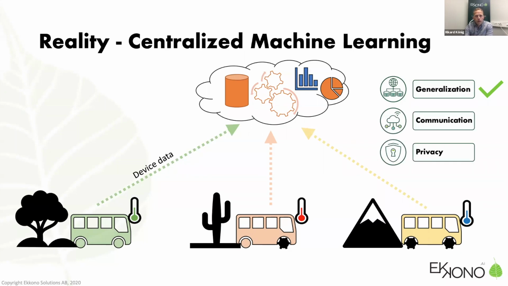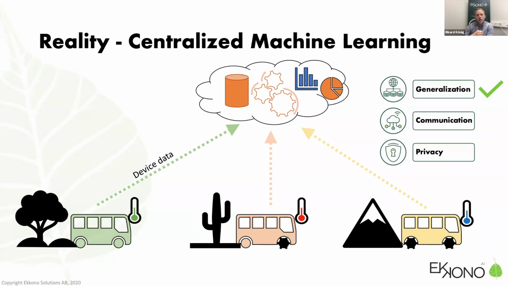However, in reality, it's not so easy. To start with, our devices live in very different environments, and they have different configurations. And the configuration may change over time. So it's rather hard and complex to represent all these possible configurations and differences using data and sensors. So that's a very complex task.